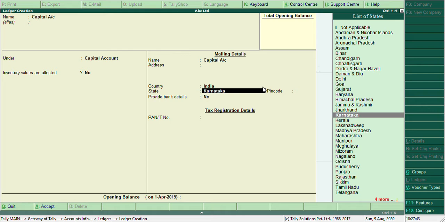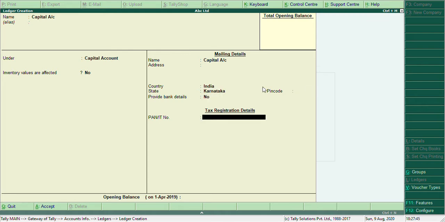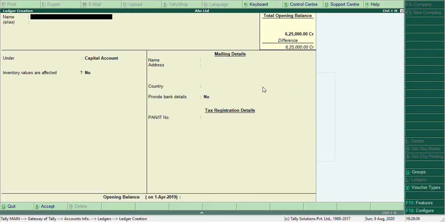You can just give enter, and it will skip to opening balance, which you have to give if there is one. Now the opening balance of the capital account is 6,25,000. Enter. That's a credit balance. Accept. So our one ledger has been created.